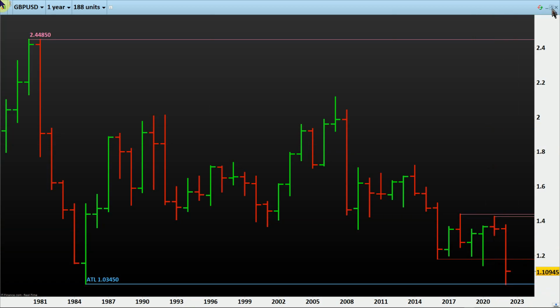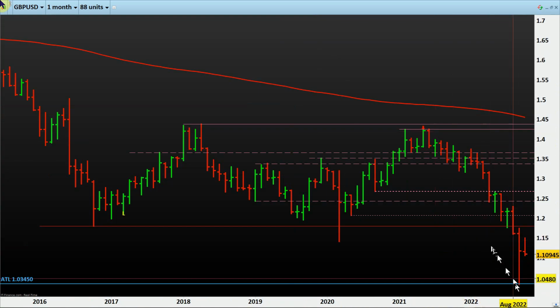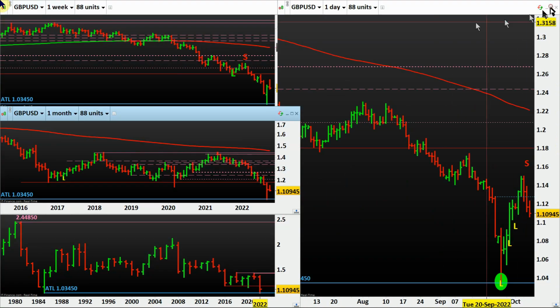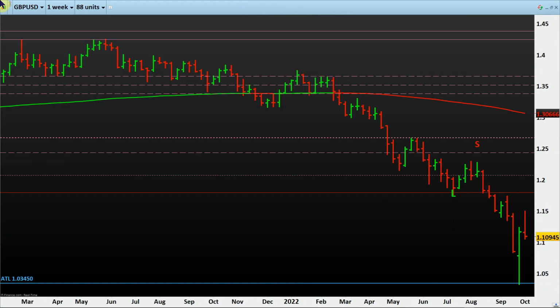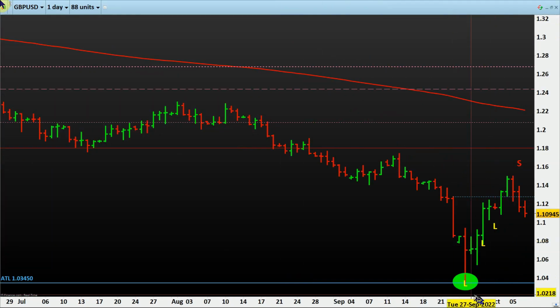But if we cannot do that, can we do it on a monthly chart? Not yet, because this month is still running, October. But can we do it on a weekly chart? Then possibly the answer to your question would be yes. Okay. And you can also do this Fibonacci on a daily chart.